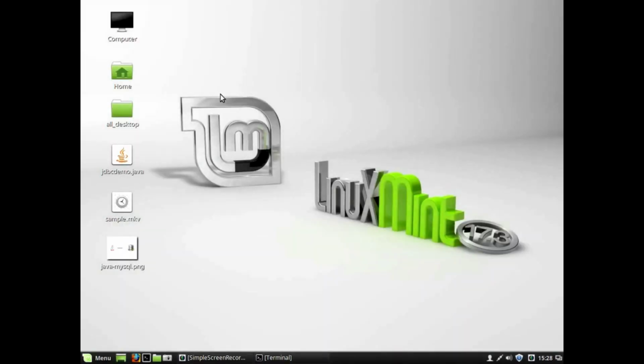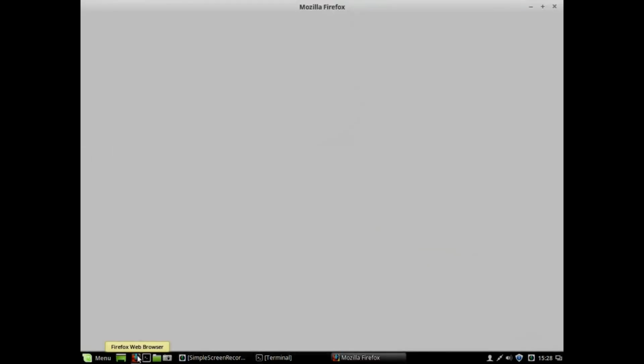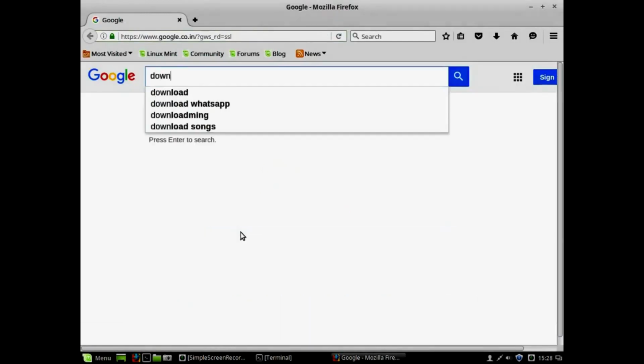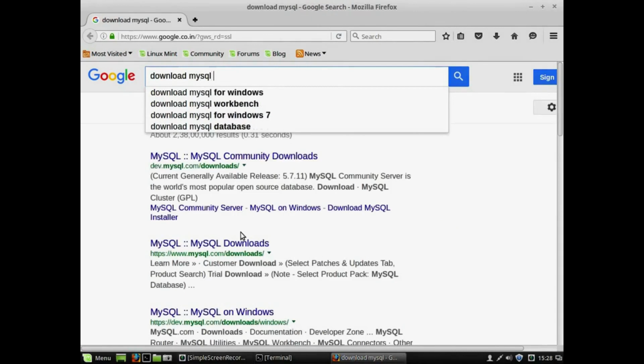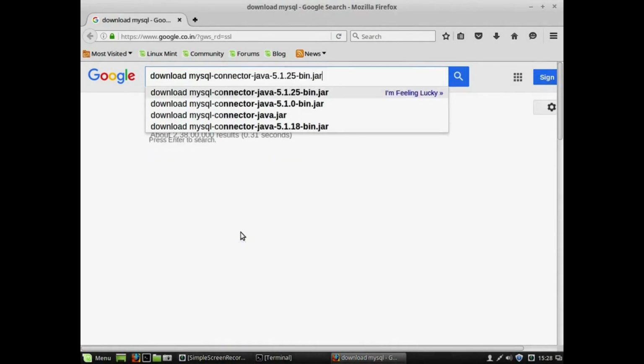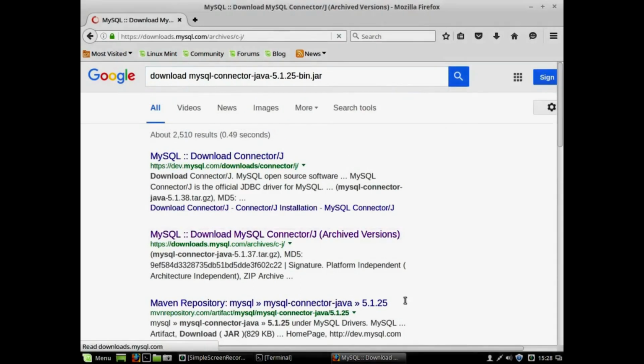Every database comes with its own jar files, which have driver information. MySQL also comes with its own jar file, called the MySQL-connector jar file. After installing MySQL, you can go to the installation directory to search for this jar file. You'll definitely find it, but to avoid that searching, it's very easy to download this file from the internet. Go here and search for the MySQL-connector jar file.